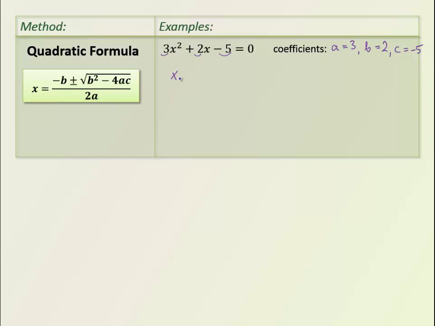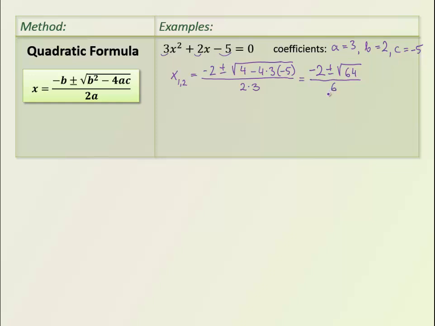Well, x, sometimes I use subindexes 1, 2, because we predict that there will be 2 possible roots, equals negative b, so it's negative whatever the b was, so it's negative 2, plus minus square root of b squared, which is 4, minus 4 times a, which is 3, and times c, which is negative 5. Everything is over 2a, 2 times 3. And let's simplify it according to order of operations. So we have negative 2 plus minus square root of 4 plus, and this is 60, so it's 64